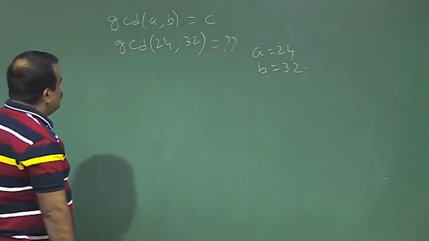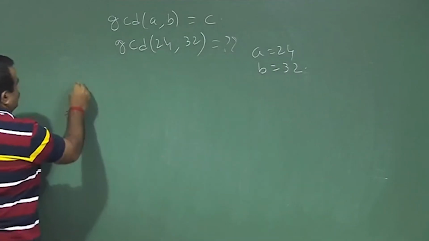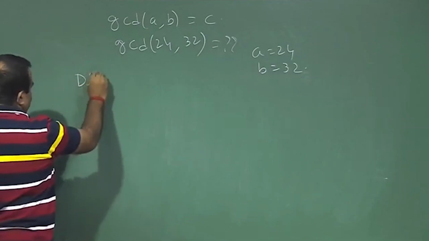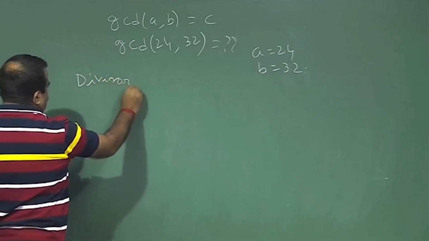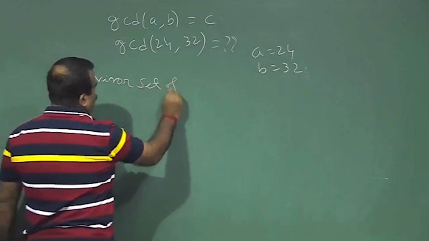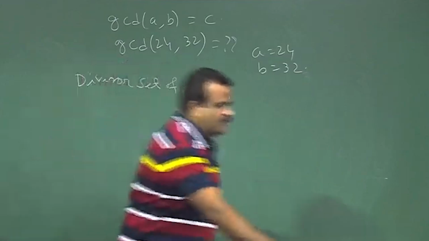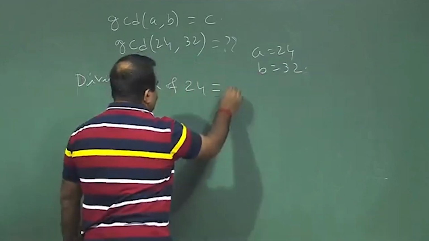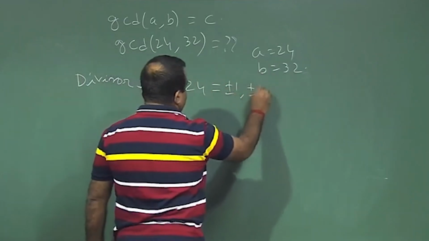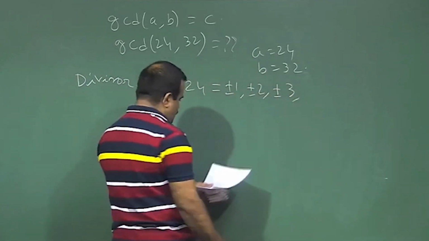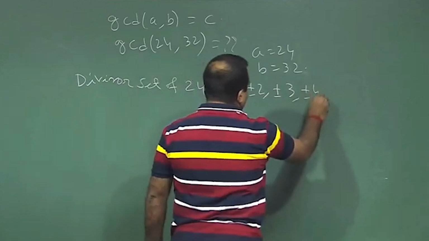Now, what is the divisor of A? The set of all divisors of 24 is basically plus minus 1, plus minus 2, these are all divisors of 24, plus minus 3, plus minus 4,